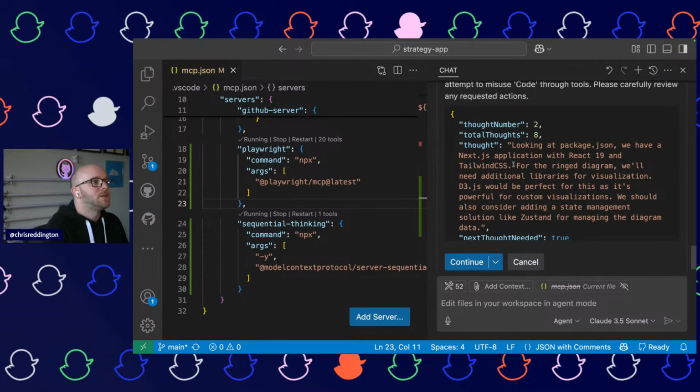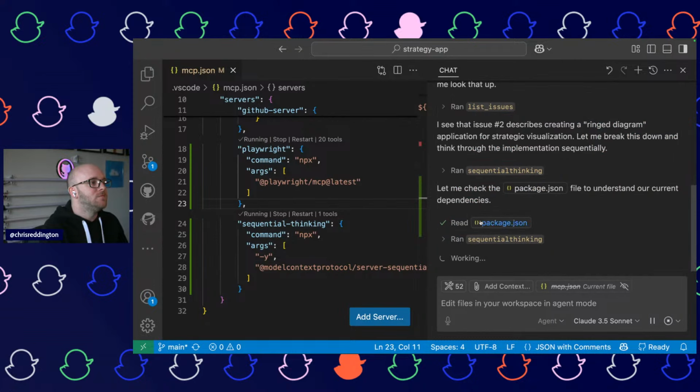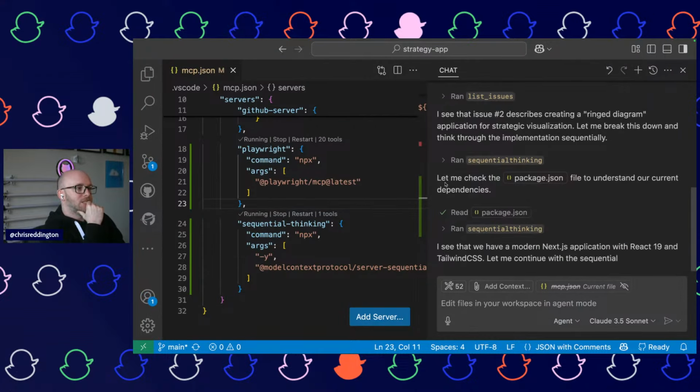So that's done the first step. Now it's the second step, right? We have a Next.js application. Okay. Cool. So it's kind of thinking through what have we got currently in the app in terms of dependencies. What do we need? Fair enough. Let's try that. I'm not going to interrupt it just yet. I'm just curious what direction it takes here.